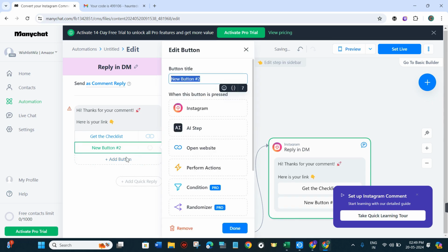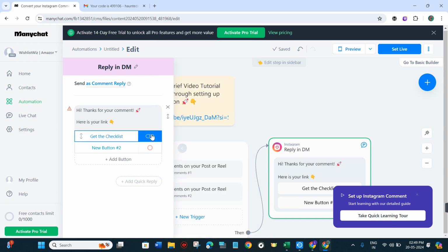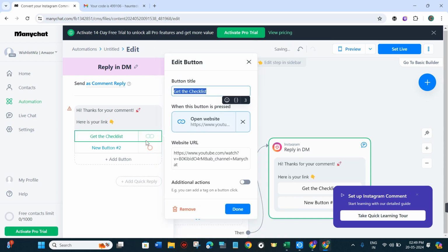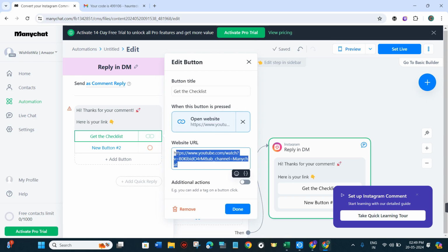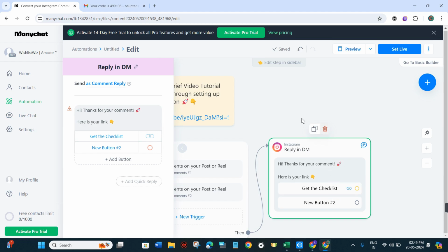If you want to add any button into it, then you simply need to click on add button, and from here you can first change the title of your button, and after that you can choose any of these applications over here that you want to add as a button. Here you will also be able to see this little link icon. So if you click on this link, here you can change the button title. After that, in the website URL, you just have to provide the link of that website where you want to redirect your audience. If you want to remove it, then you can click on the remove button and you just have to press done. Once you do this, you will be able to see the changes that are happening in this section in real time.